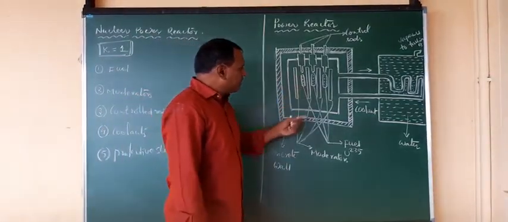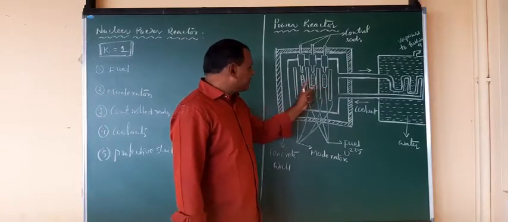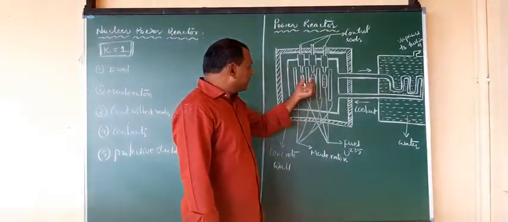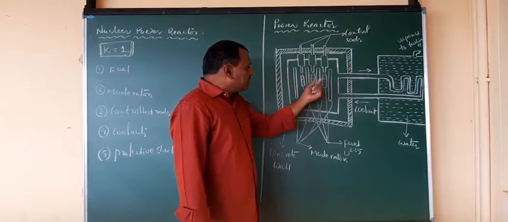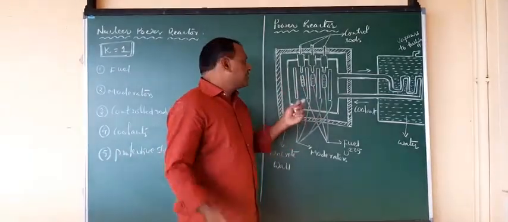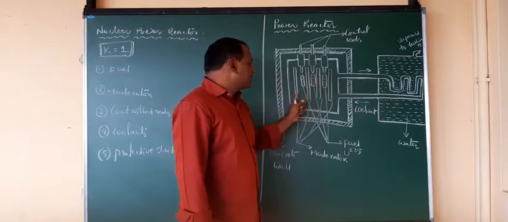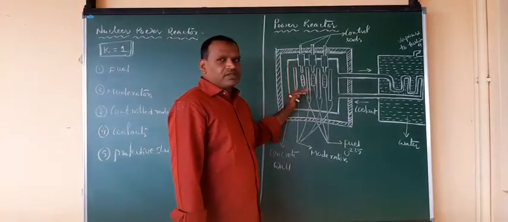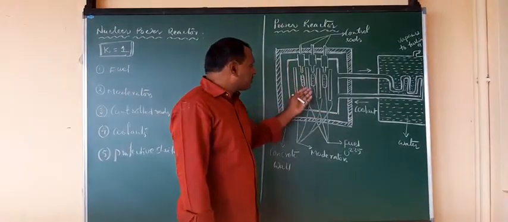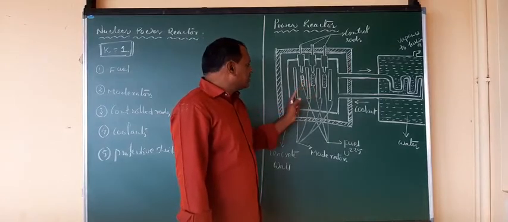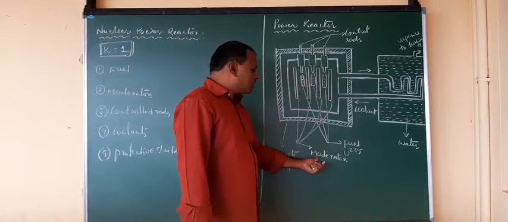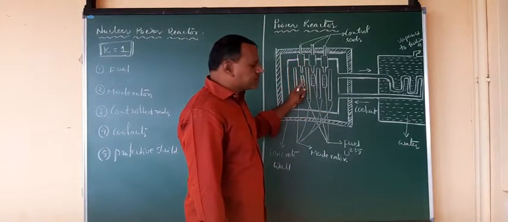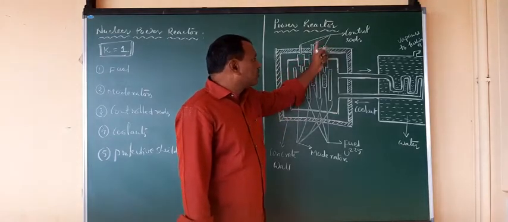And within this you have the aluminium cylinders. These are the aluminium cylinders where the fuel is filled, and there are small gaps between them. Nearby these aluminium cylinders you place moderators. These long rods kept nearby the aluminium cylinders are nothing but moderators, right? And here you can observe the other rods kept near these aluminium cylinders. They are called control rods, right?